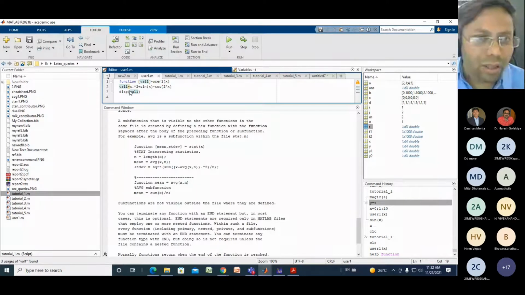Now the third thing: always save the file with the name of the function only. Here I have saved the file as user1. What is the meaning of that? User1 is the name of the function, and when you run it, it will call back the value of val1. So this user1 is created to calculate the value of val1. So when you call this user1,